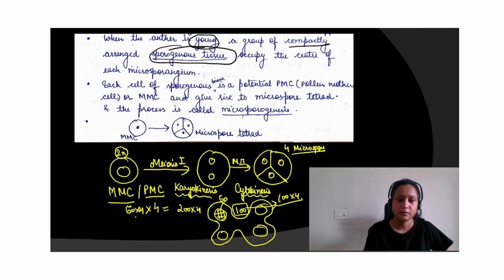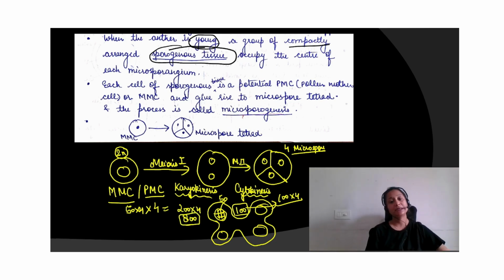200 into 4, 800. So in this way, how many microspores are formed? 800 microspores are formed, right? So these types of question you will get in your exam. Proceeding ahead,